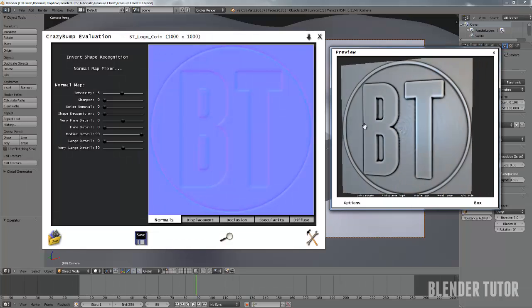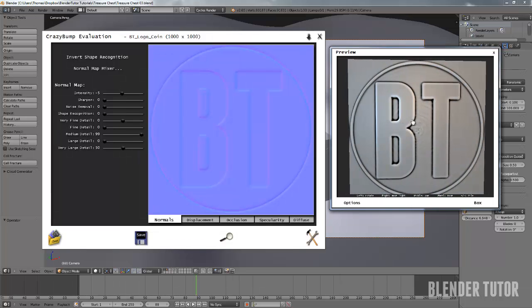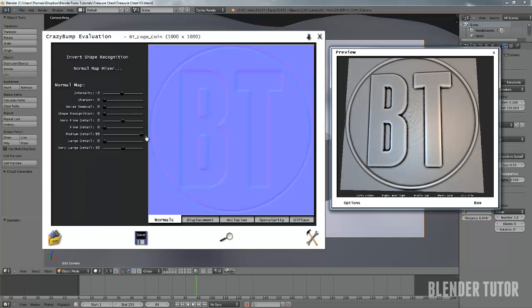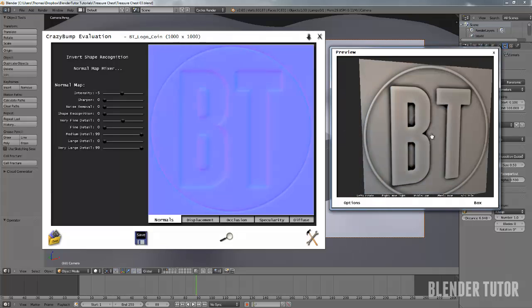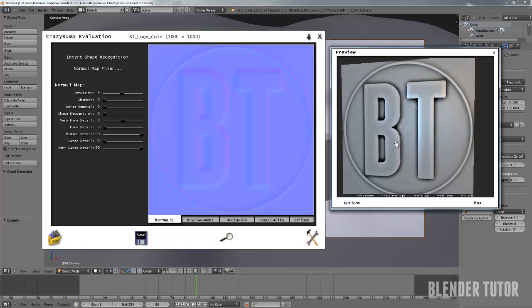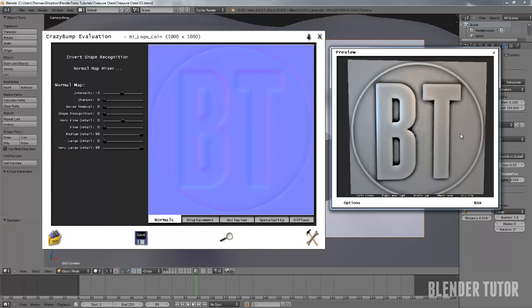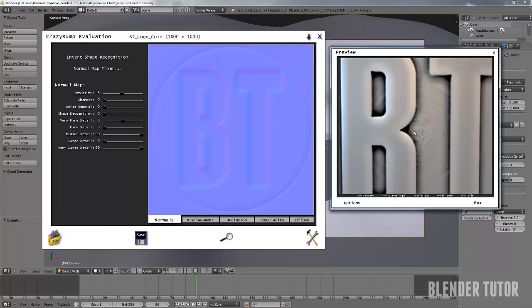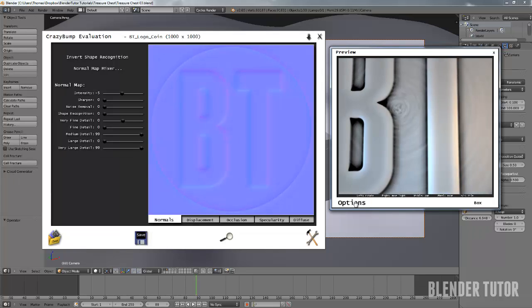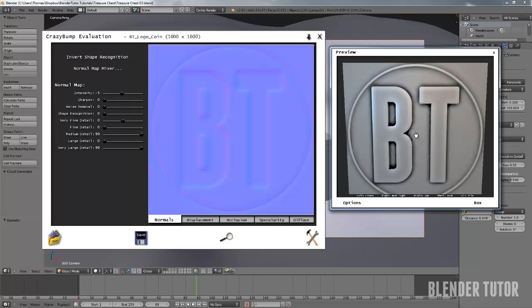So that's pretty much how I want it. Yeah, that's probably good actually. And I could turn up fine detail farther if I want better. Well, it'll actually affect the detail of the logo itself, and what I really want to affect is that kind of swirl in there. Right here in the options, you could turn on and off the different textures that it